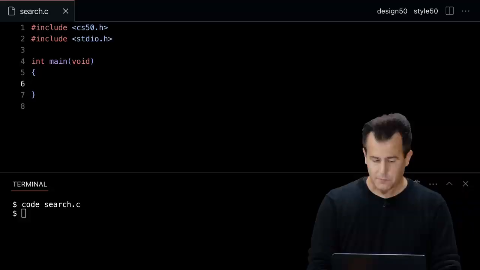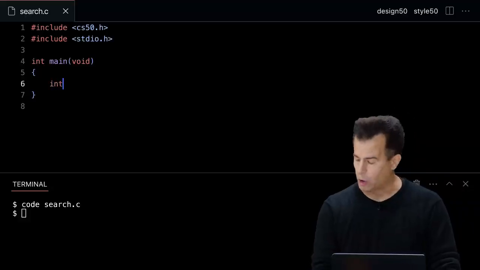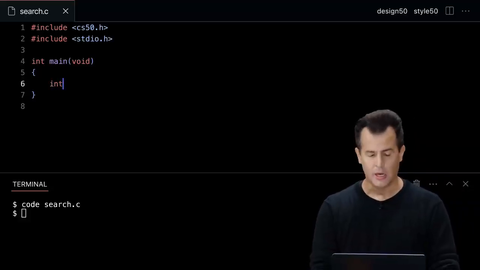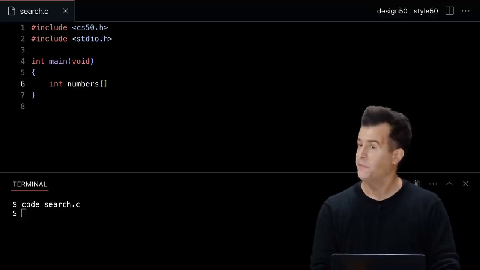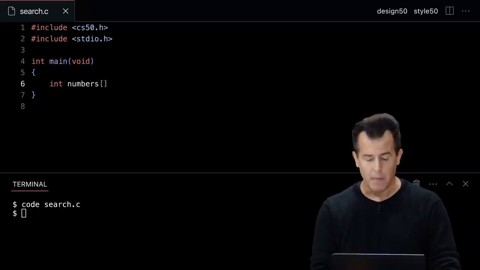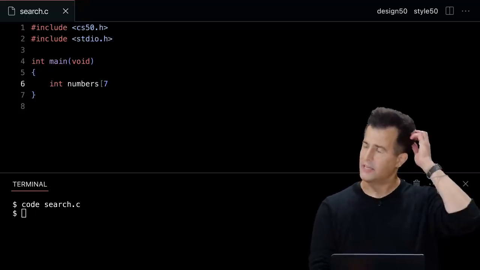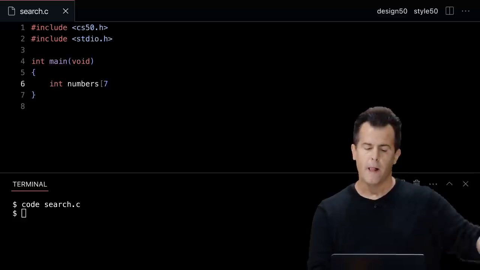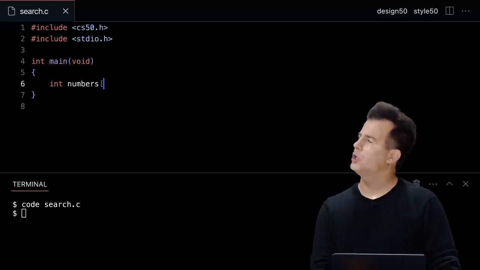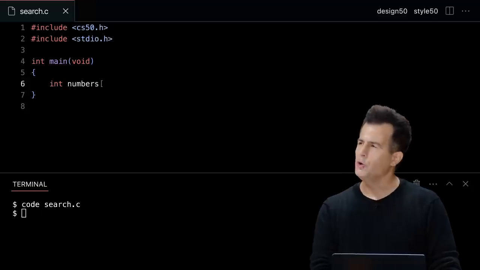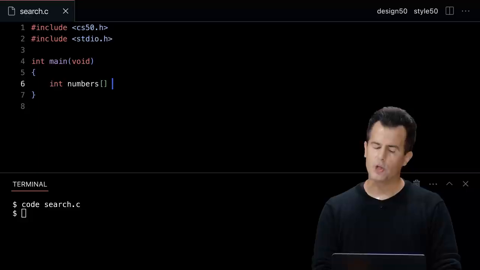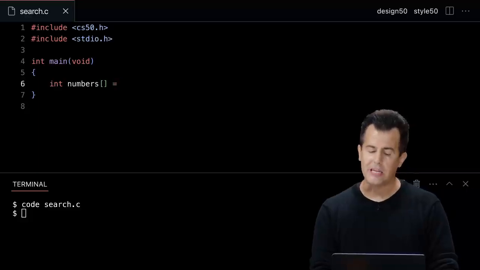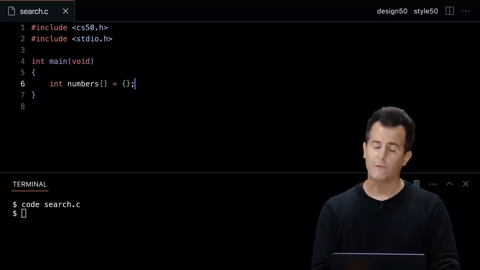Well, it turns out in C, I can create an array, recall, by saying I want integers. I want the array to be called numbers. And then inside of square brackets, I can specify how many elements I want. Maybe I want 3, like last week. But in this case, I think I want 7 this week to represent each of these lockers. But it turns out you can initialize an array without even using get_int or the like. You can just specify in empty square brackets that that whole array should equal the following inside of curly braces.